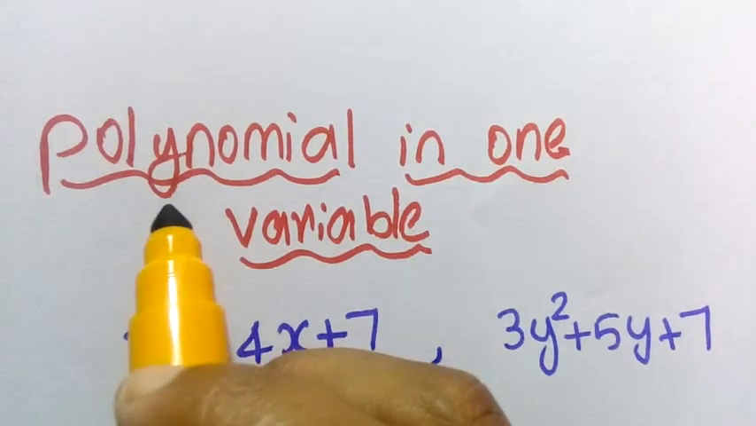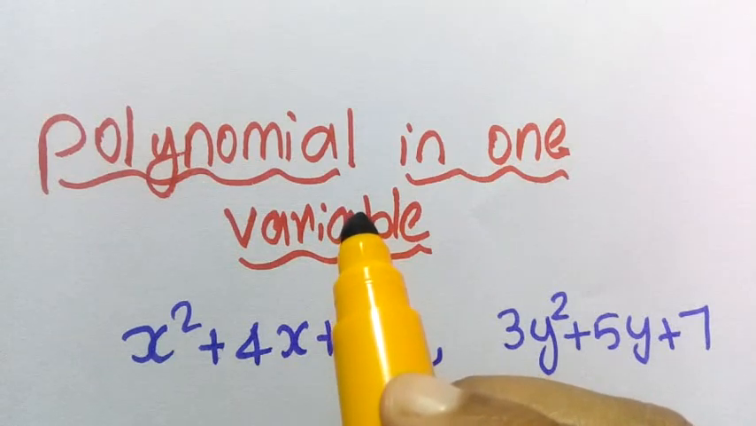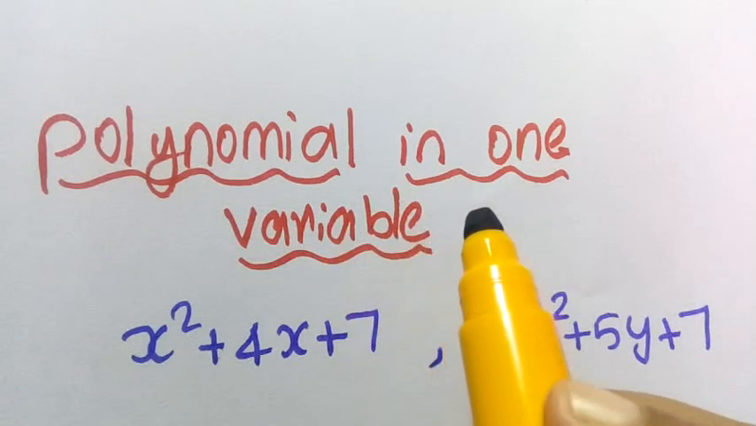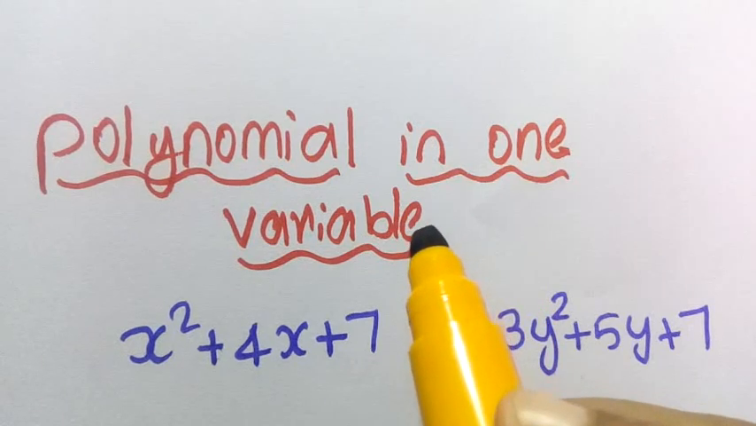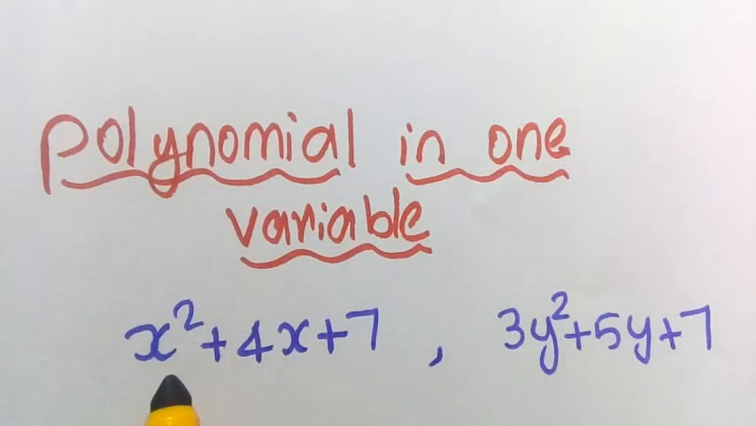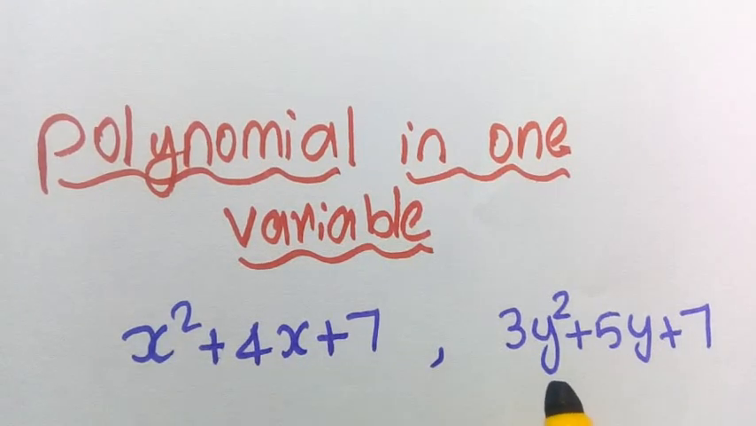Next topic is polynomial in one variable. If a polynomial has one variable, such polynomials are called polynomial in one variable. Here we have 2 polynomials. In x square plus 4x plus 7, we have only one variable x. In 3y square plus 5y plus 7 also, we have only one variable y. So, these 2 polynomials are called